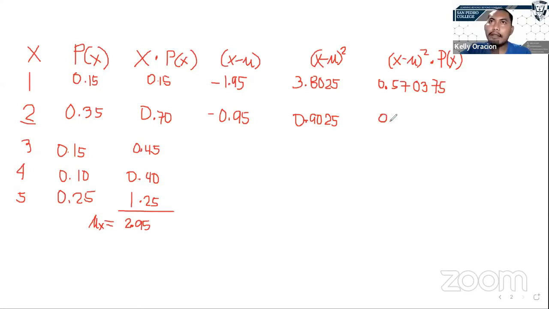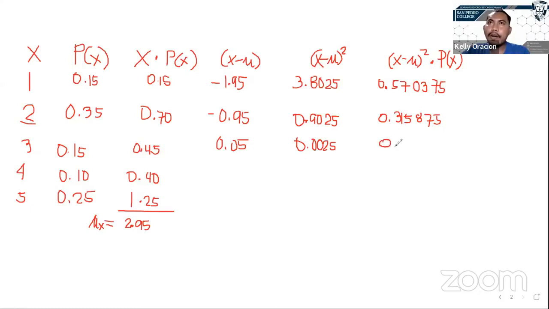Write everything down. Okay? Correct me if I'm wrong. Next, the 3. 3 minus 2.95 is 0.05. Squared, 0.0025. Multiplied by the probability,